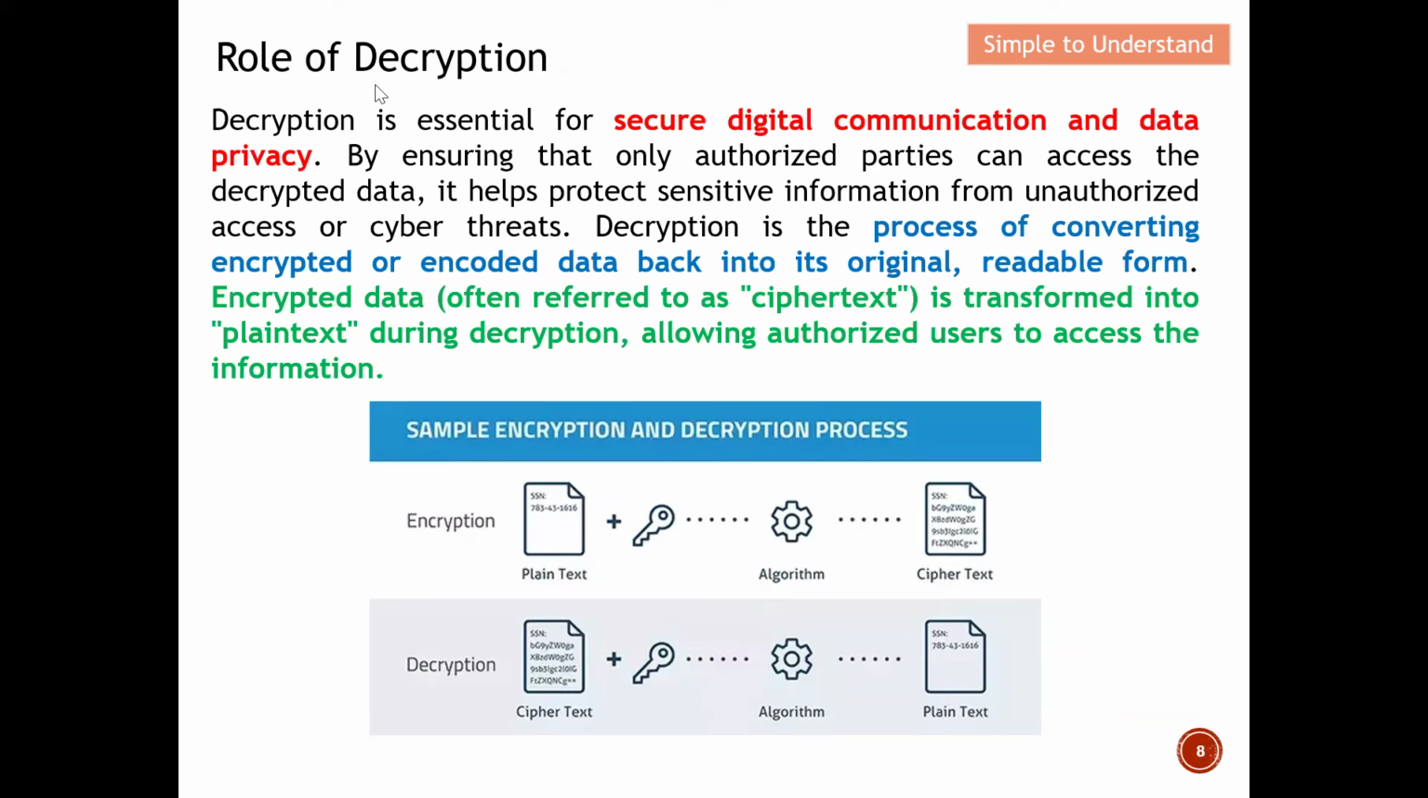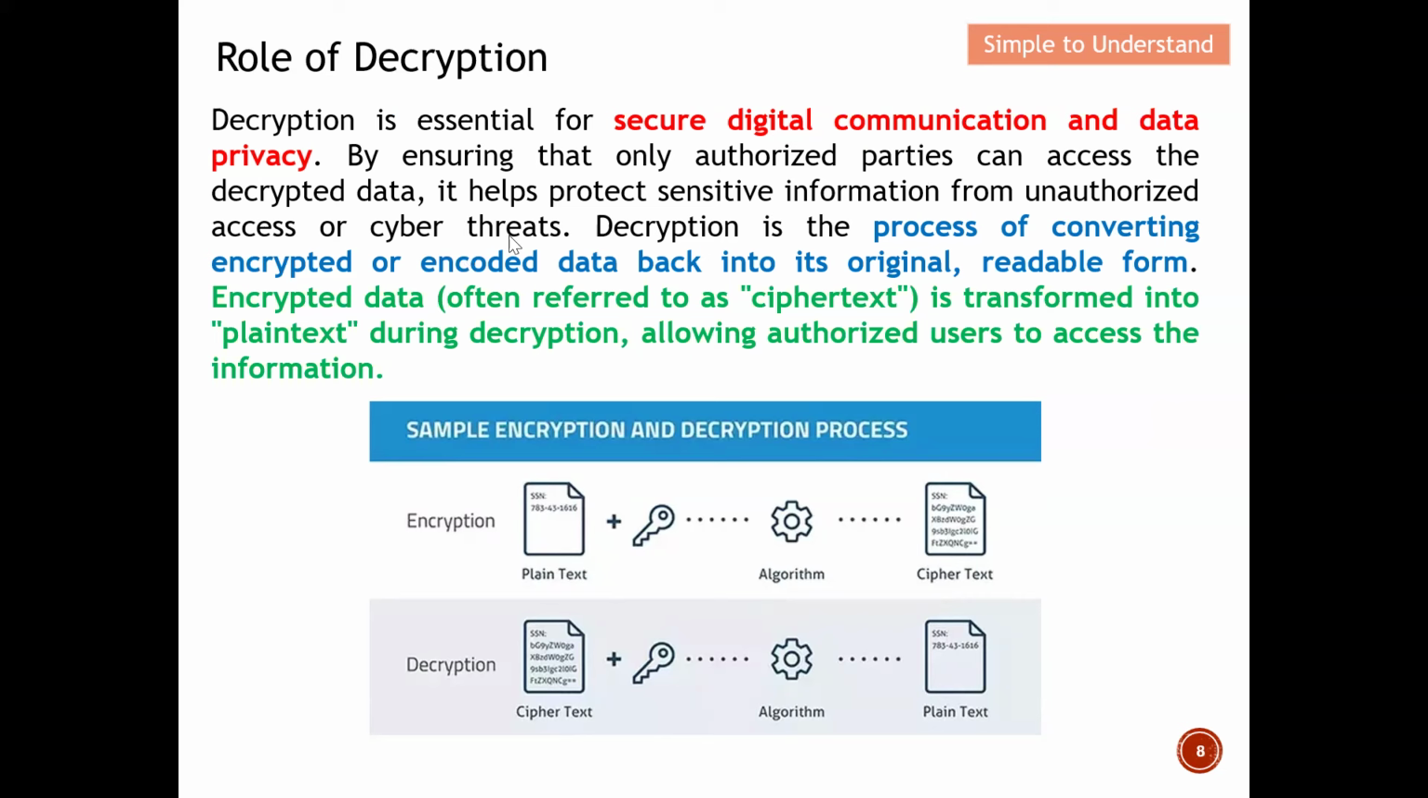Decryption is actually very important nowadays because for any form of wireless communication, we need to have some form of encryption and also decryption to recover the original data. Therefore, decryption is very important in order to have secure digital communication and data privacy. By ensuring that only authorized parties can access the decrypted data, it helps protect sensitive information from unauthorized